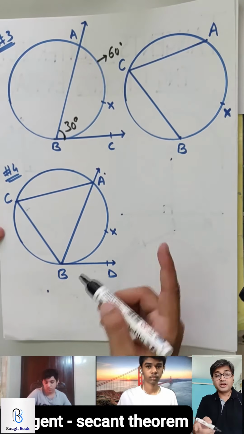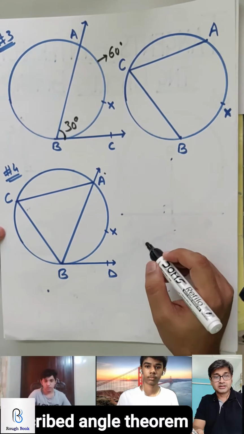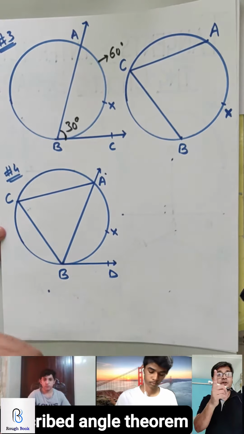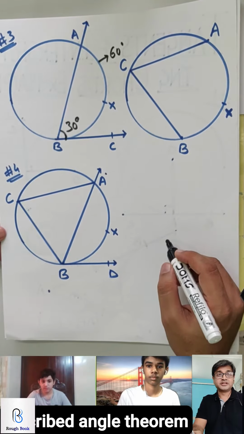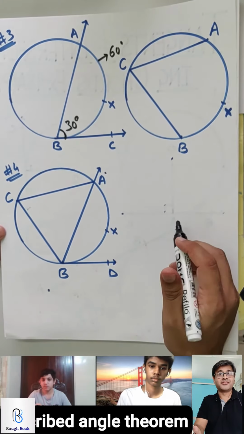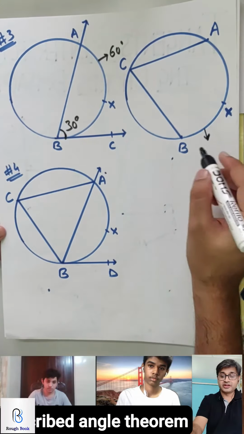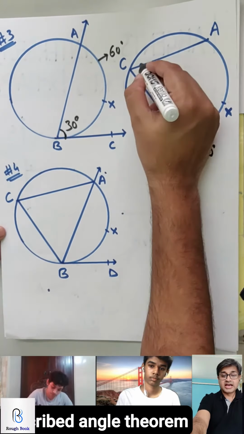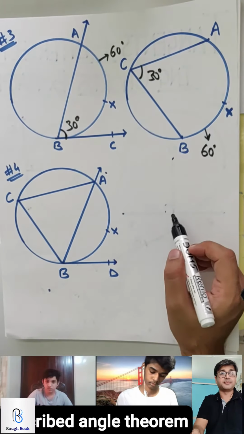This is a property from the previous chapter, circles. If you remember, inscribed angle theorem. Do you all remember that? Any one of you remembers it? Inscribed angle theorem? Yes, sir. Can you tell me what is it? The angle at the center is double the angle at the circumference. No, that's not inscribed angle. That's the name of the property itself. Inscribed angle theorem is basically this arc. If AXB is 60, then this angle will be 30. So the angle on the circumference is half of the inscribed arc.